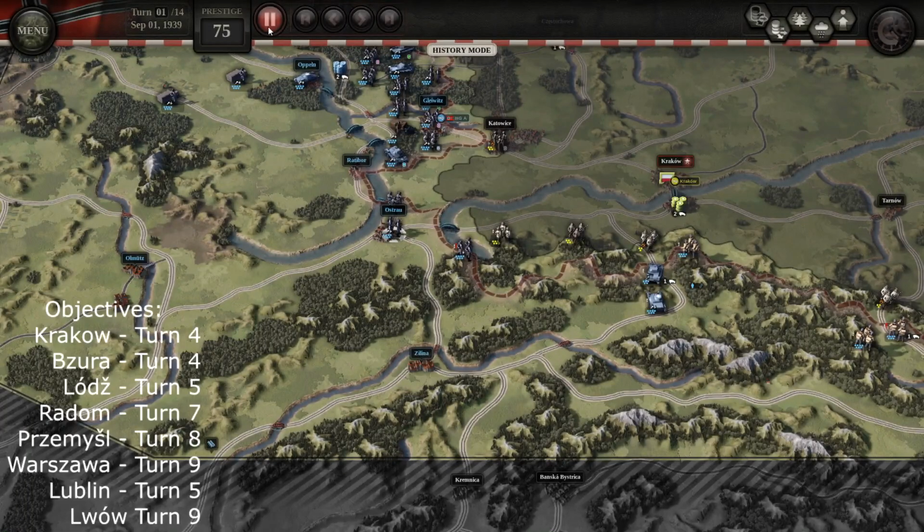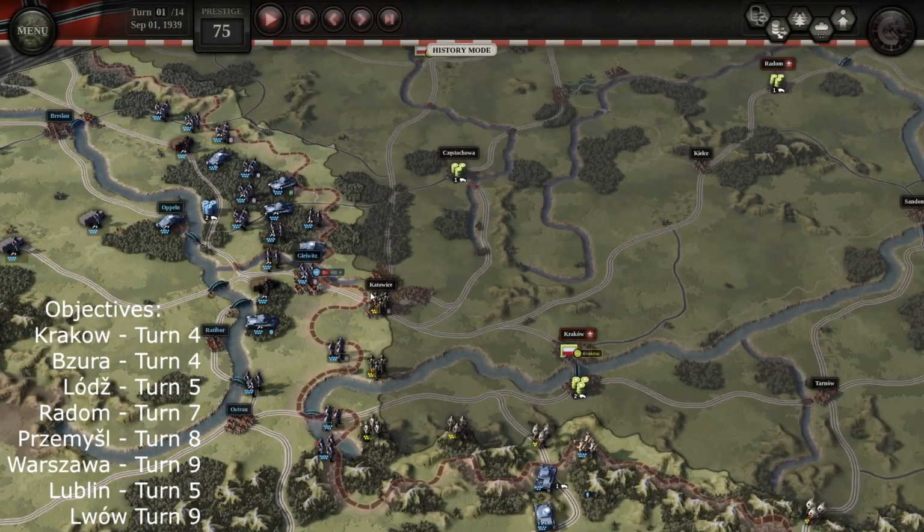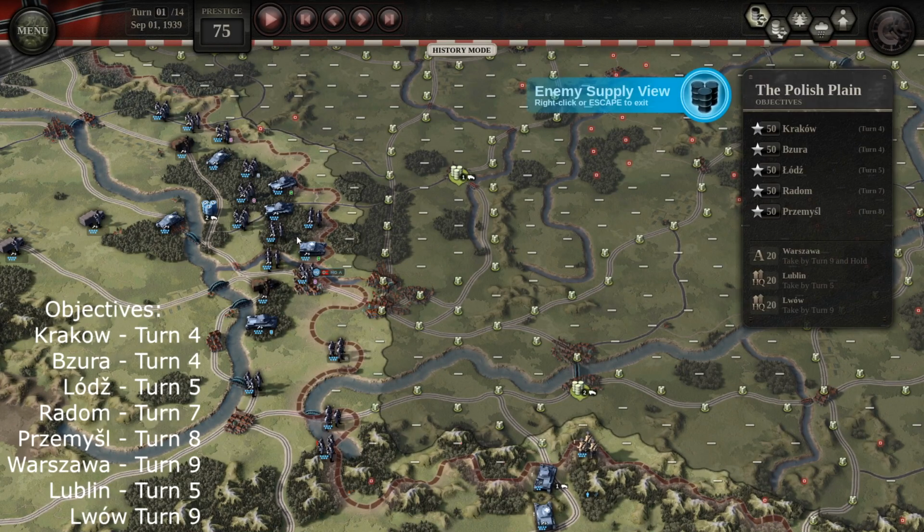With these other 2 units, you want to focus on attacking this enemy unit so we can break through there. Alright? Now, next thing we need to do is destroy this unit in Katowice, because if you look at the supply, I'm going to show it to you on the enemy supply. The way this works is that